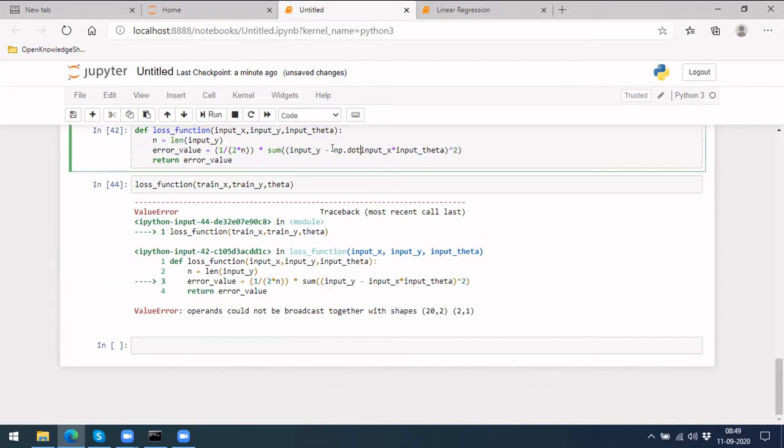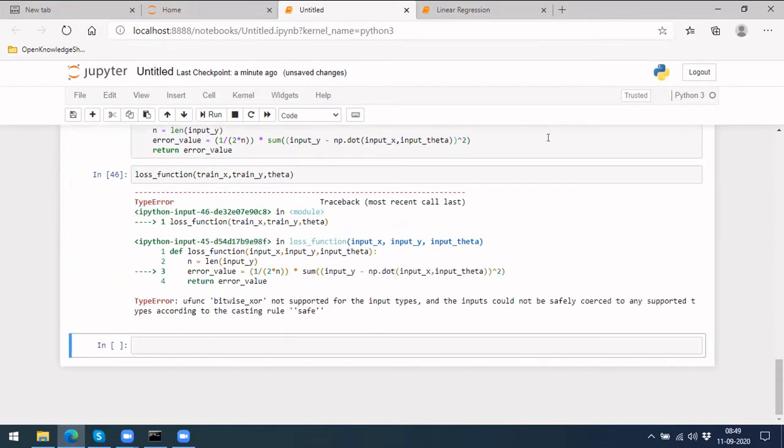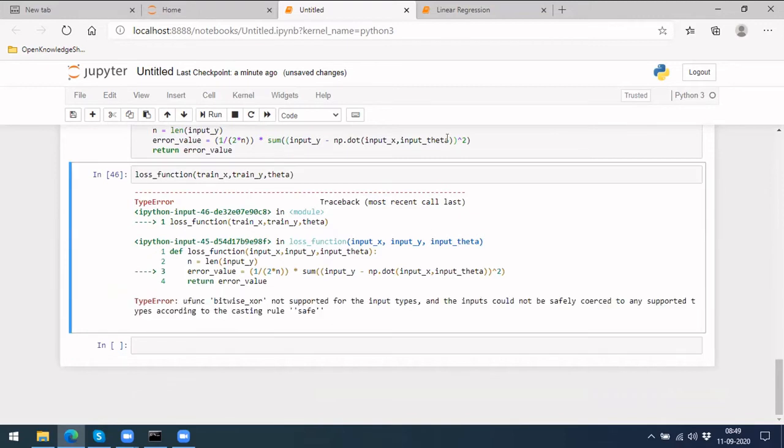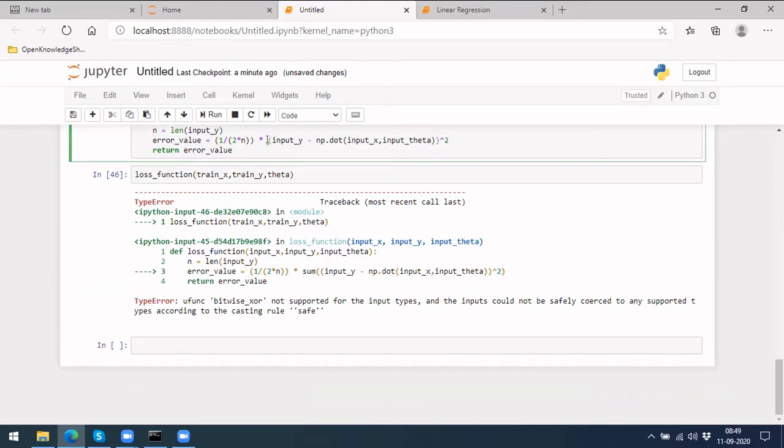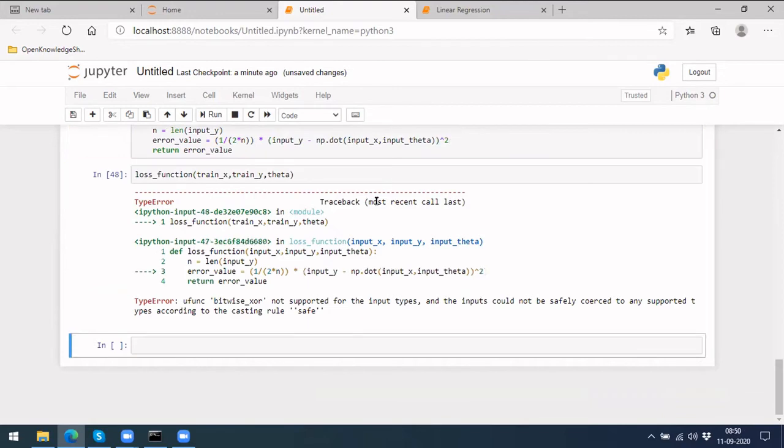We have to do this dot, then we will be able to get it. Okay, so what is it saying? Just a moment. I think there is some issue with this.